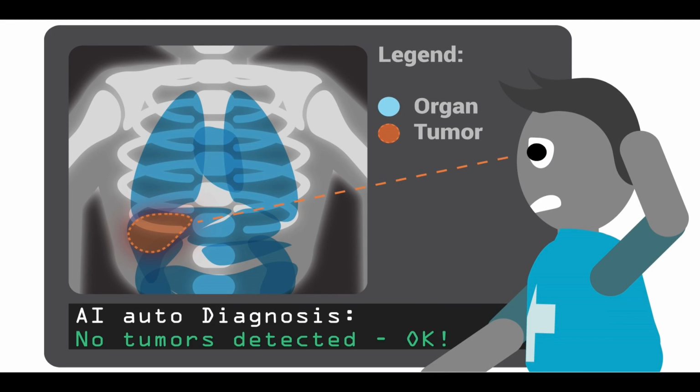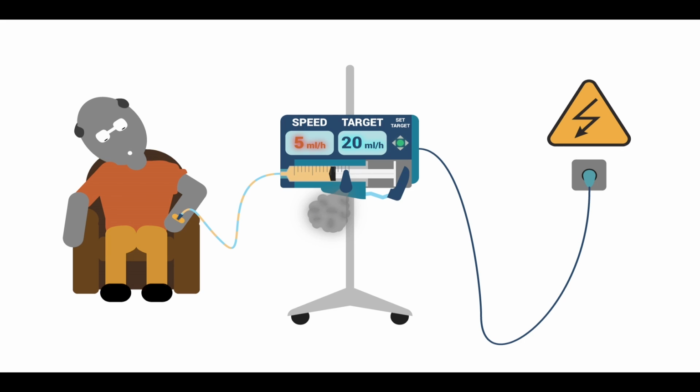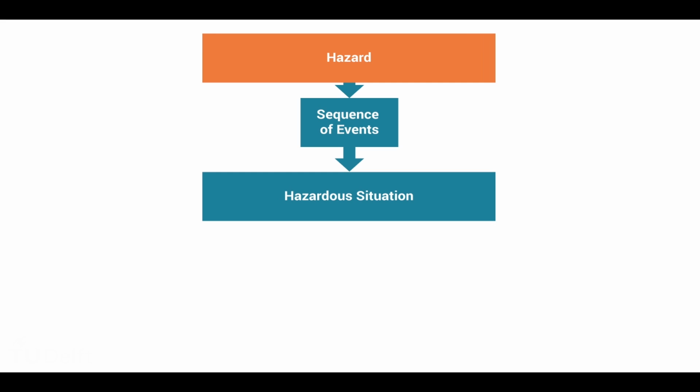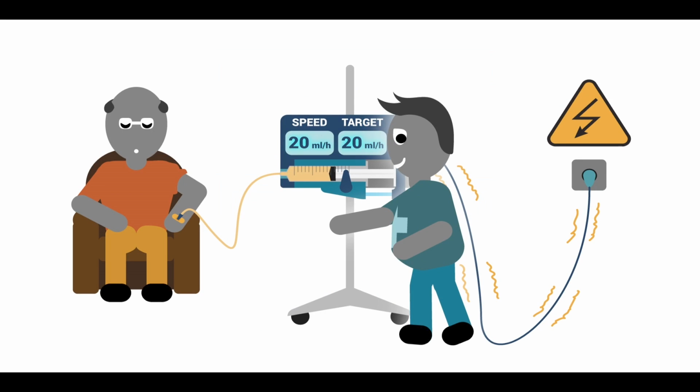Or when there is a bug in the software for detecting tumors in MRI images, causing tumors to be missed when they are not round enough. Or when during the design of the syringe pump, the required specs for the motor were calculated too low. So now, whenever the user sets the infusion speed higher than 70% of the maximum, the pump doesn't reach the desired speed anymore. So if there is a hazard, a series of events may cause a hazardous situation to develop that could lead to harm. But it doesn't always do that, luckily.